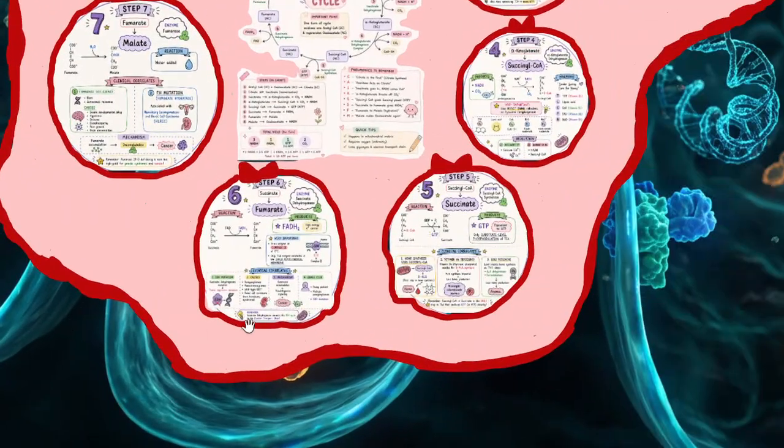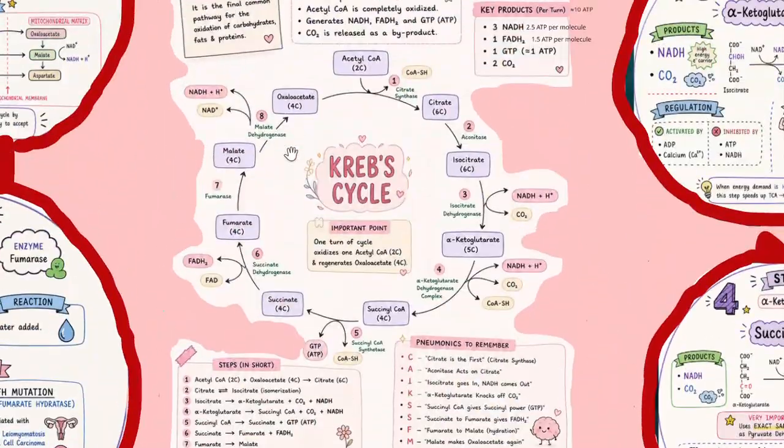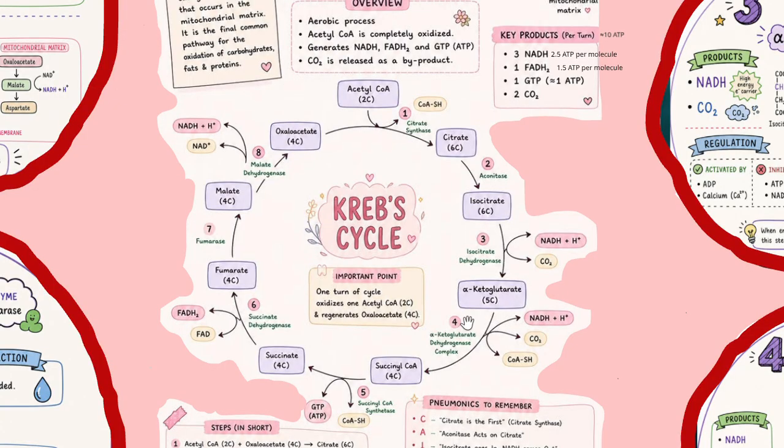Our next step of the Krebs cycle. So till now, we've gone on to make our succinyl CoA, which was our four-carbon compound. From this four-carbon compound, we're now going to make another four-carbon compound. So we're just going to tweak a little bit of the changes and do